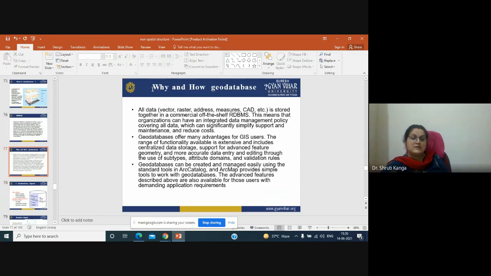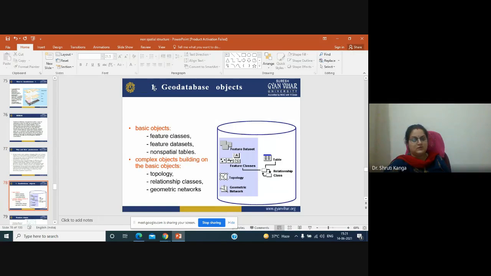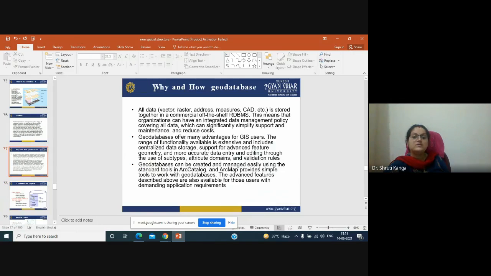Now the basic advantage of this geodatabase is that we are able to have access to all the forms of data set in one umbrella, that is your geodatabase, whether it is raster, whether it is vector, whether it is tabular, whether it is other measured data sets or CADs, etc.